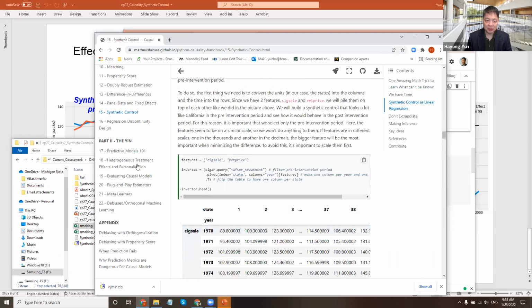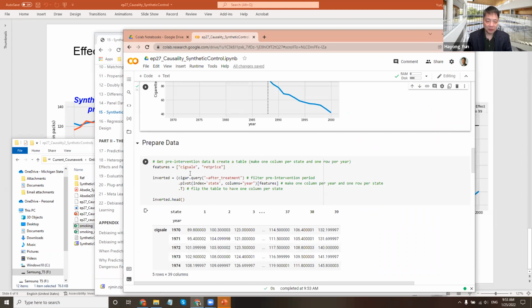So here, what does it do? The cigarette sales and retail price are the features. And we create a table. We have to create a table that basically looks at not after treatment. So meaning before California passes the law, keep only those information, and then have a state to year pivot table, meaning it's